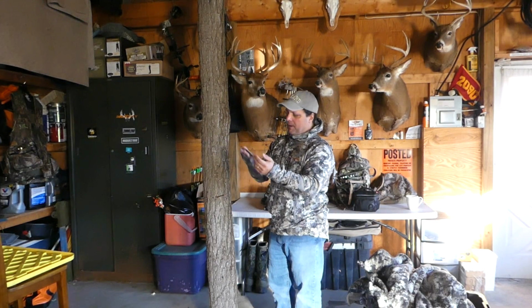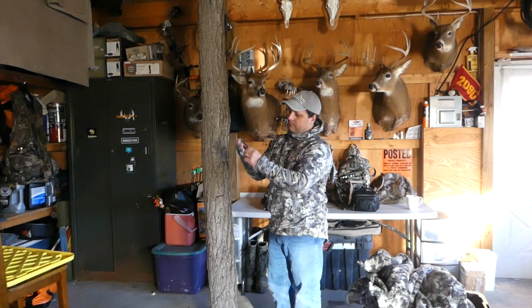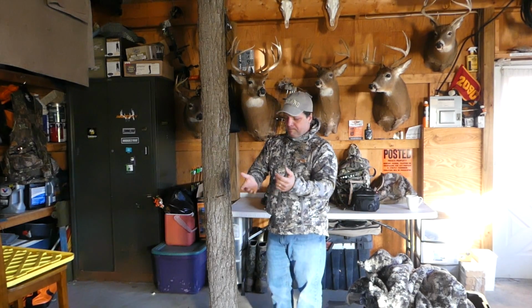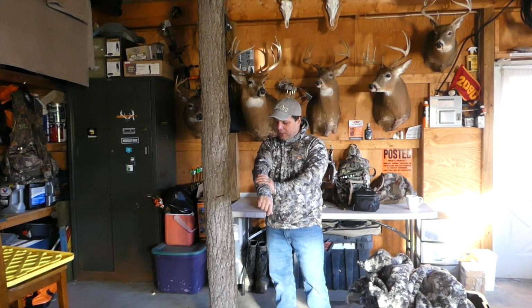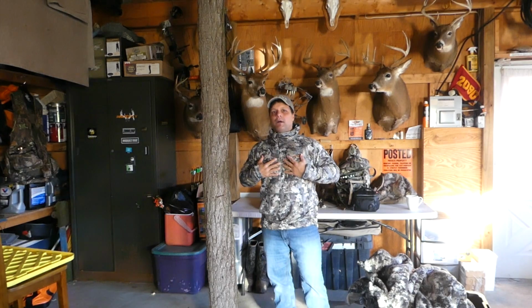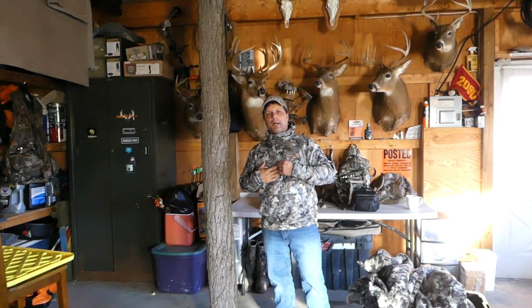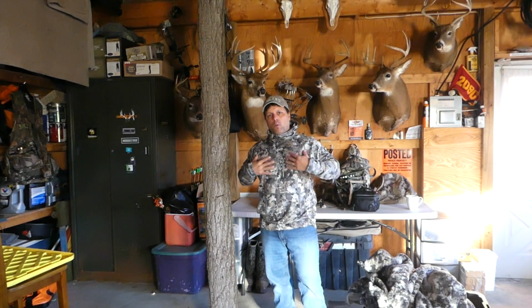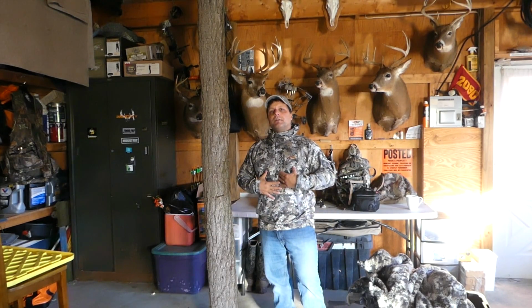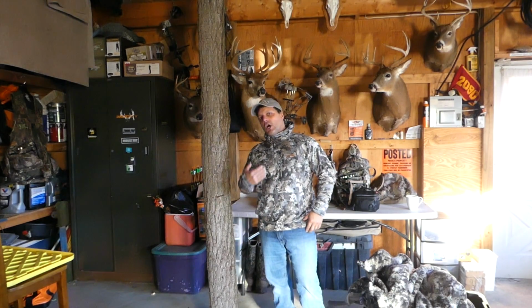But a lot of the time, I don't even use that, and I'll just pull them back over. But the Fanatic Hoodie, it's warm. I wear this every time I hunt. I always have this thing on, and it's great to wear for layers. I'll put my base layers underneath it, and then just this. And usually I'll hike in